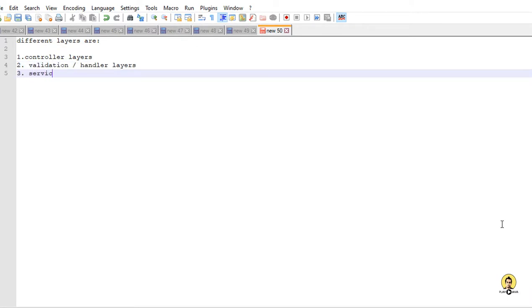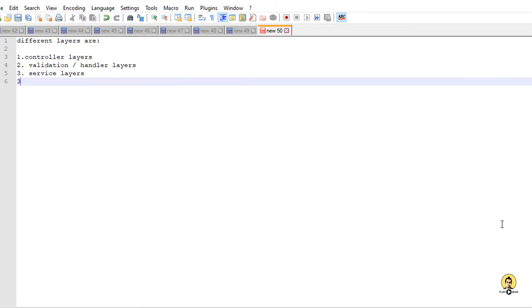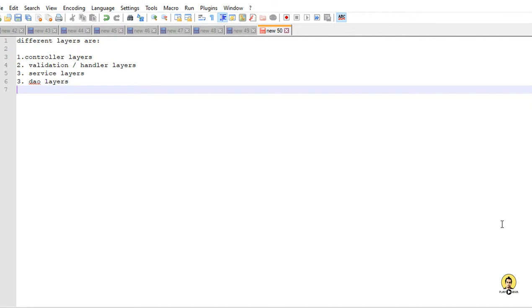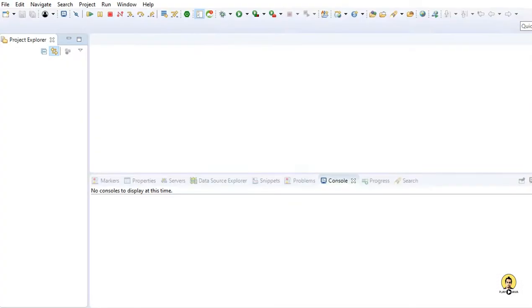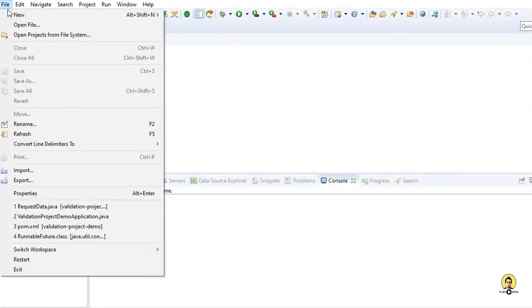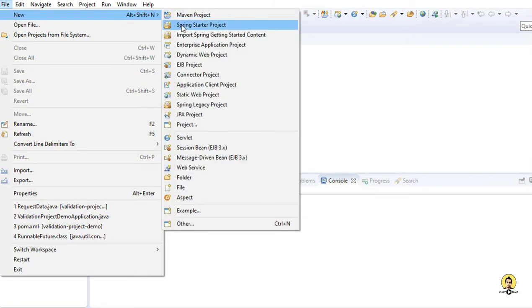This is the layer where if some things are passed, then that can be validated in the validation layer. Then we have service layer where services are made. Services can be multiple types. Then we have a DAO layer where the operations related to database is made, and then we have a repo layer which interacts with database.